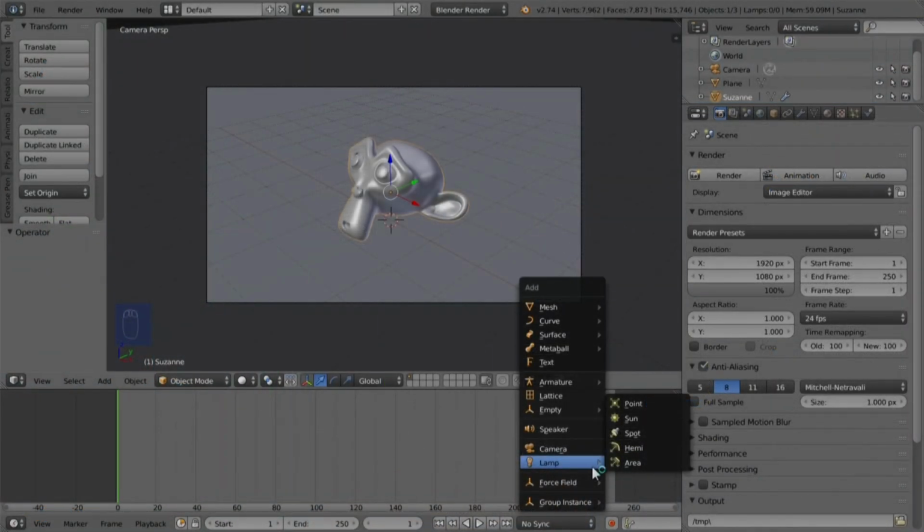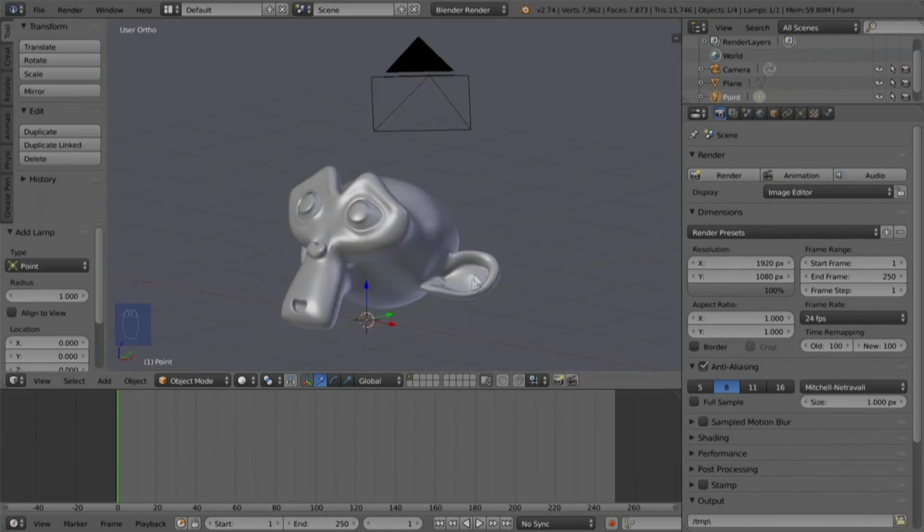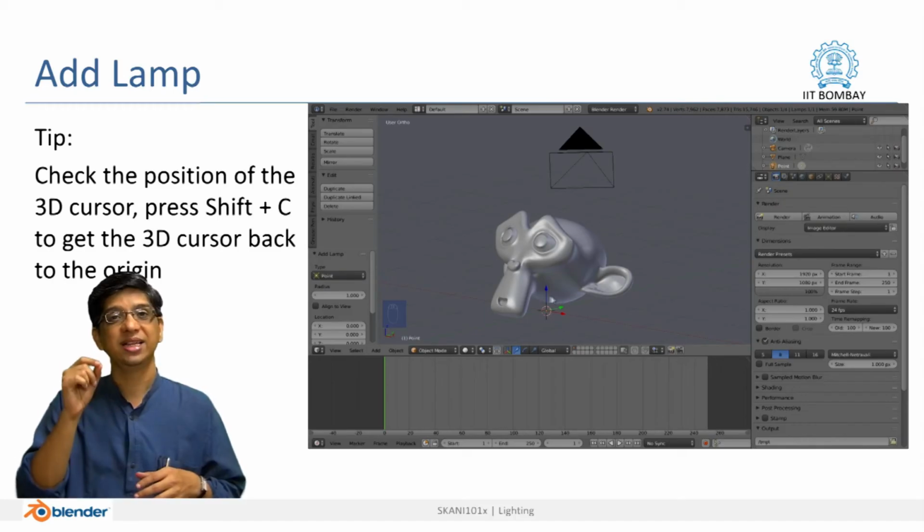You see those 5 options here. Let us select maybe a point light right now. The moment you click on the point option, you can see that it is added to the scene, and it is added wherever your 3D cursor is.